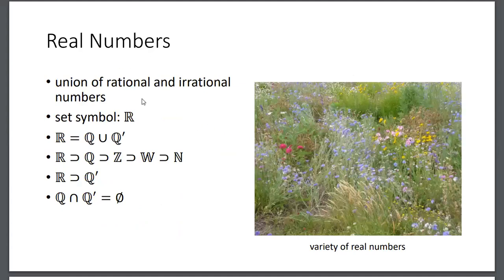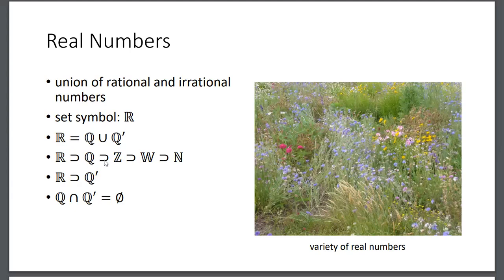The real numbers are made up of the union of the rational numbers with the irrational numbers. And the set symbol for the real numbers is a script R. The real numbers contain the rational numbers as a proper subset,